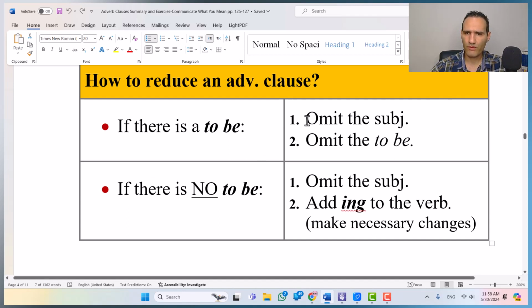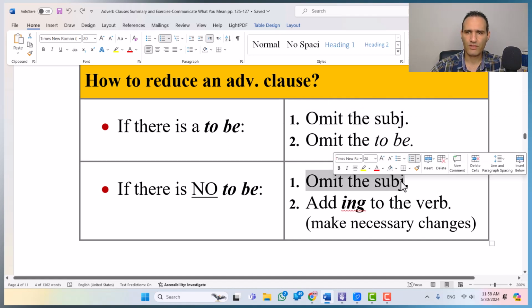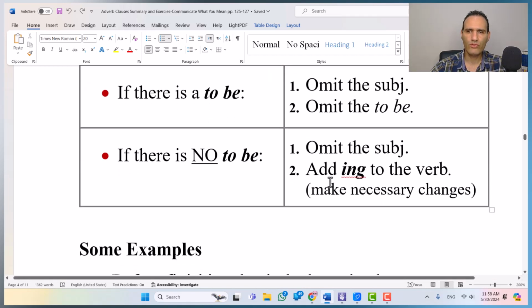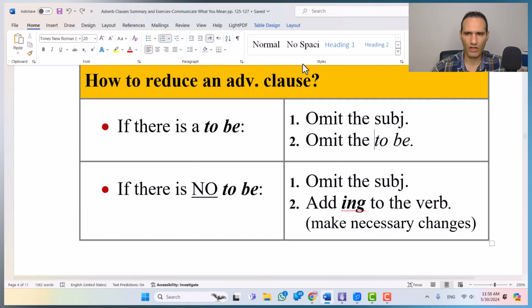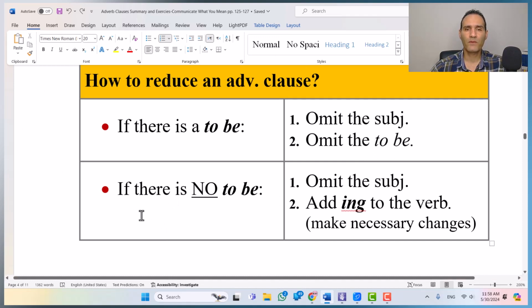clause, in both of them, first you need to omit the subject because the subject is repeated. Then, if there is a to be, omit the to be. If there is no to be, add ing to the verb and make necessary changes. A reduction of adverb clauses. And you know that the essential to reducing the adverb clause is subjects of the dependent and independent clause must